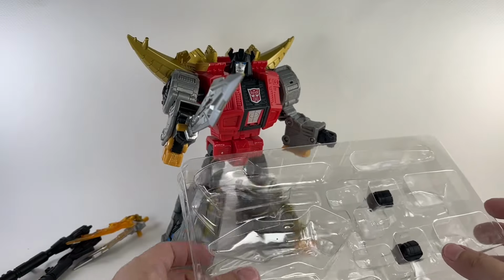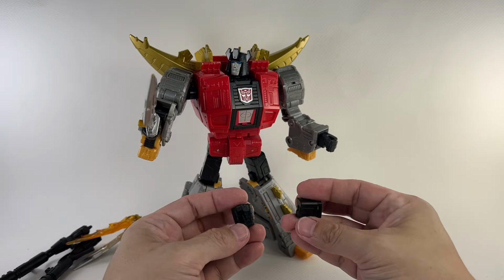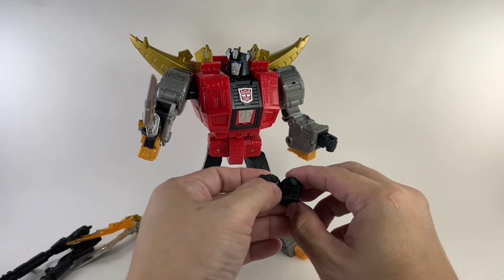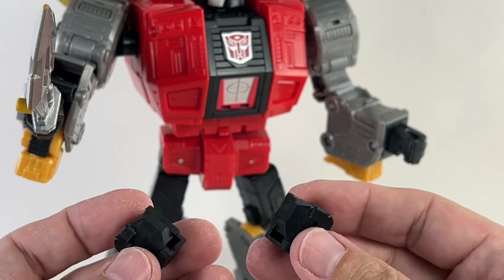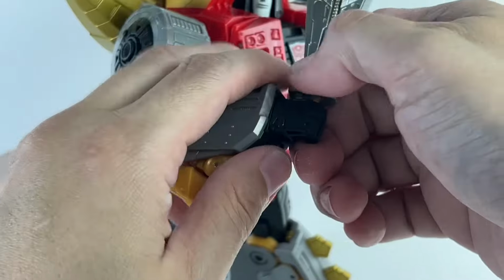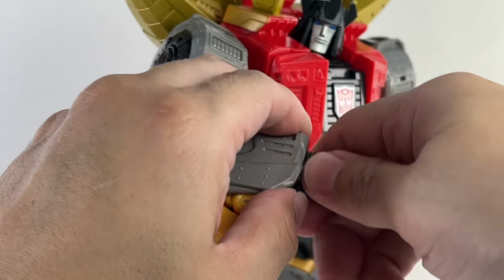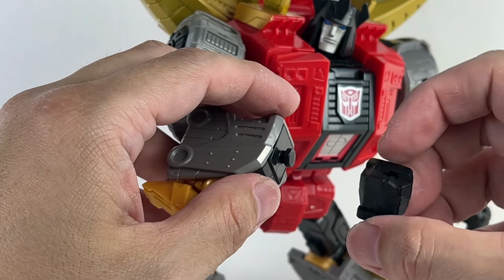Okay, finally, this is probably the thing I was looking forward to the most. This is an upgrade kit, and I was trying to figure out how this works, and I was really expecting this one to be a movable fist. But what happened is DNA Design did not give us re-engineered fists. They gave us alternate fists. And the way it works is you remove the existing fist, which is already pretty difficult to do, and you connect their alternate fist